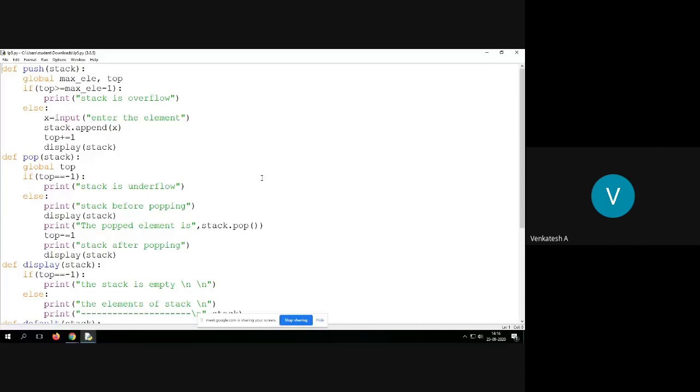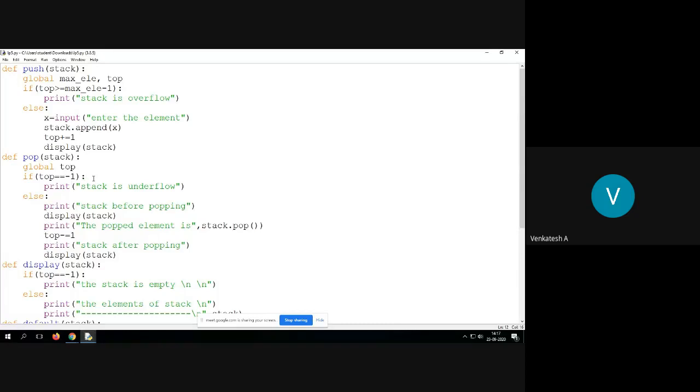generic programming, generic array. If you create a generic array, that is using templates. There is a concept like function templates and class templates. Do you remember, students, in C++? Yes, sir. So there, the data type itself will become generic. Then, for example, during the first run, you can enter only integers. When you are executing for the second time, only long integers. Third time, only floating point values. Like that, you can do with that.